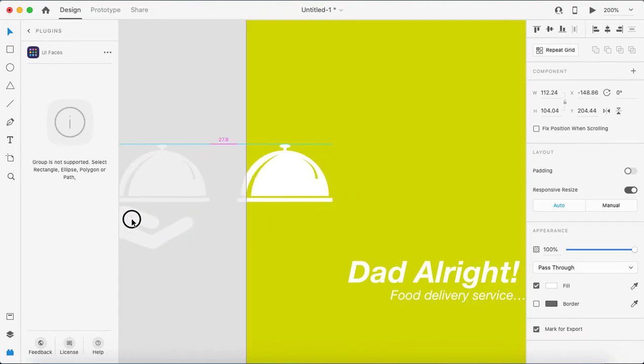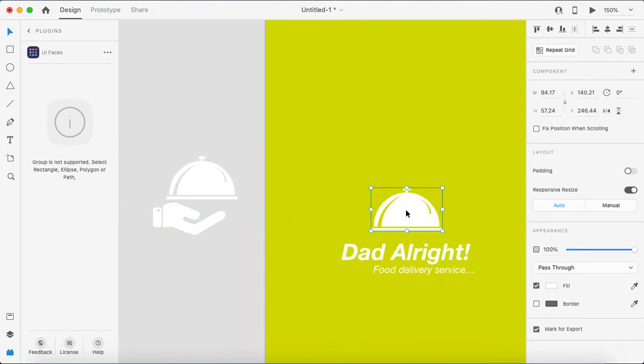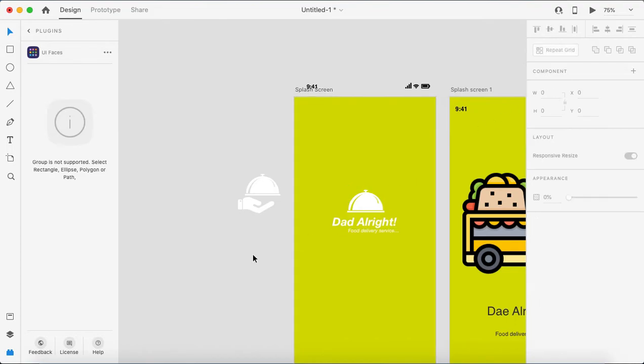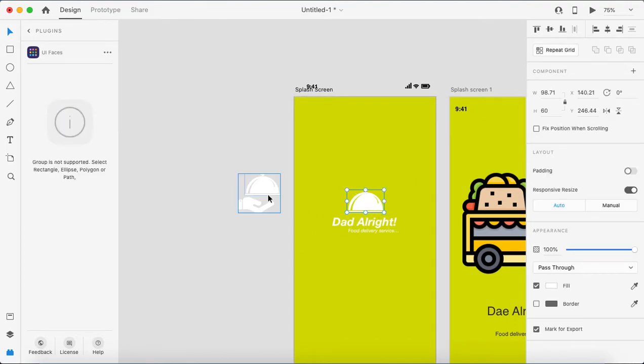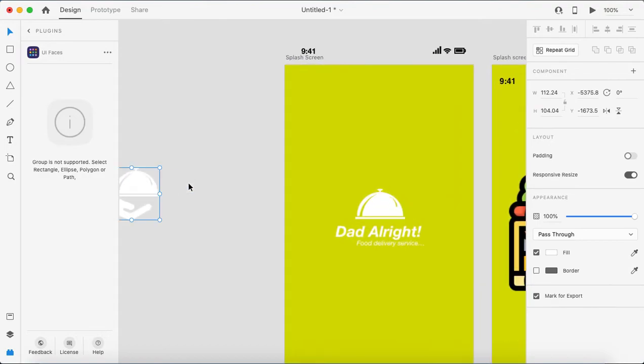I'll keep it outside because as a design I don't want to show it on the screen. So this is the one, and I'll make it a little bit big, for example 60, and then this much. Okay, I think this looks cool.